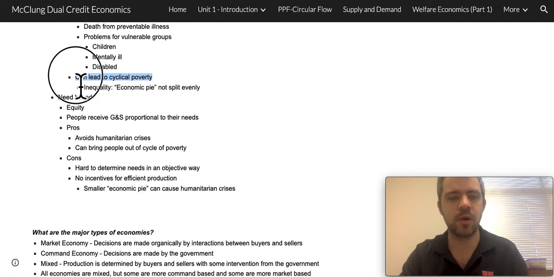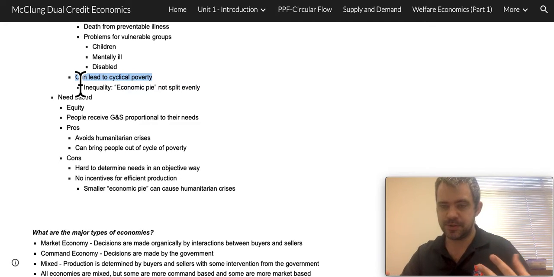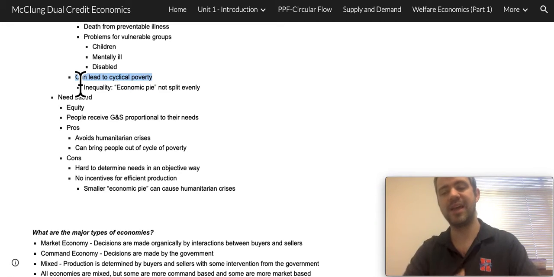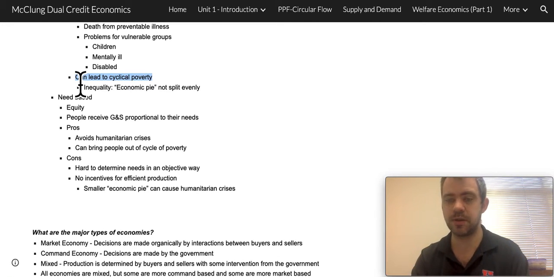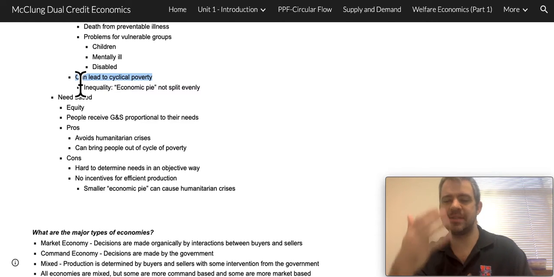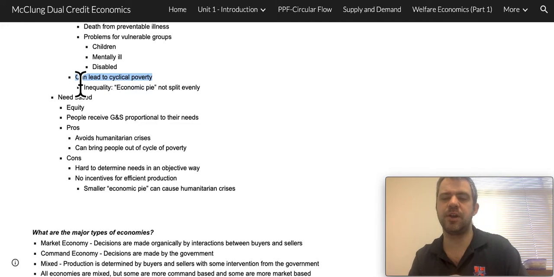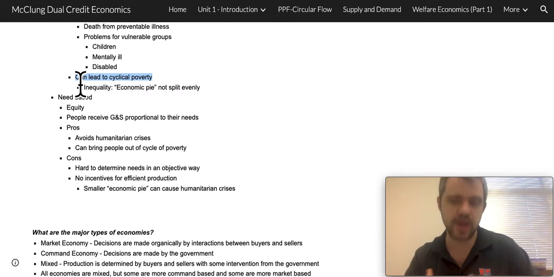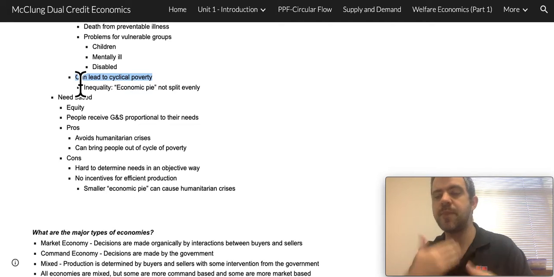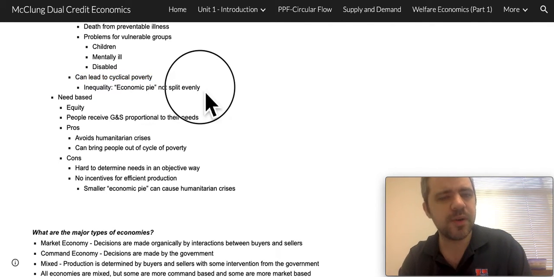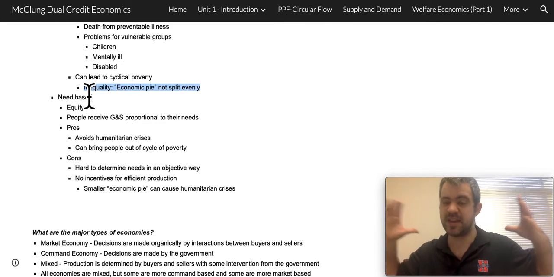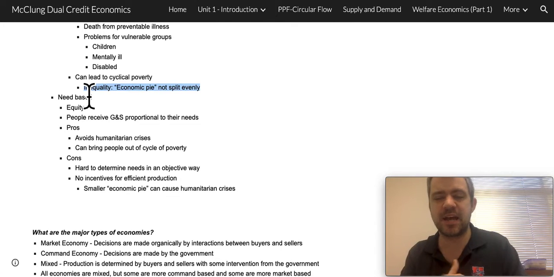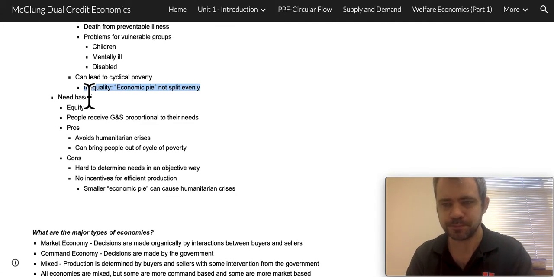We talked about how you need capital to build capital. It's very hard for poor folks to build capital, which is what you need to be able to produce more efficiently. So it can lead to this cycle of only the rich people being able to produce more, and so they receive more and become more rich, and it becomes this feedback loop. So basically, this economic pie, this big pie that we've been able to make because of efficient production, is not being split up very evenly. Okay.